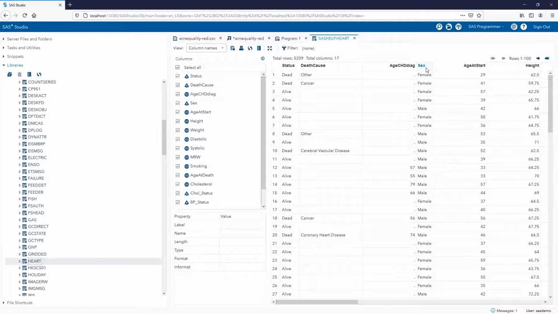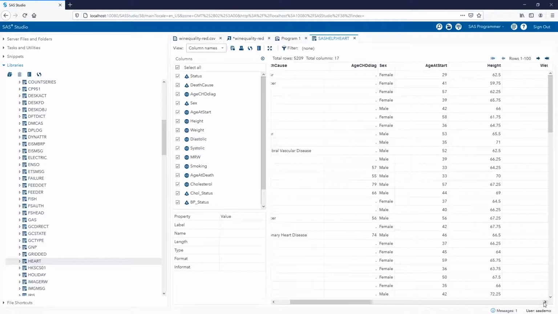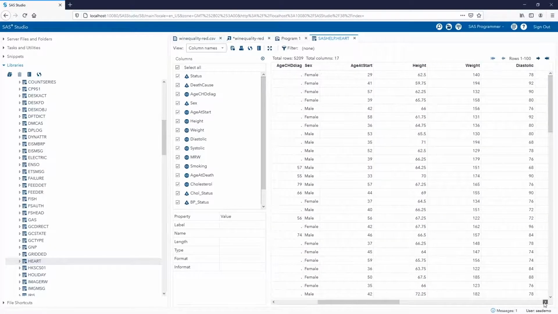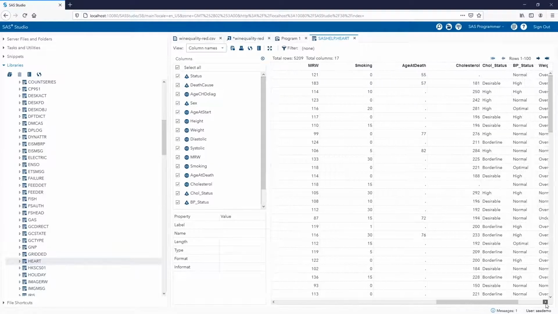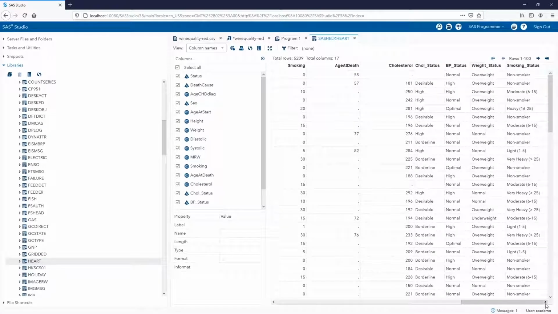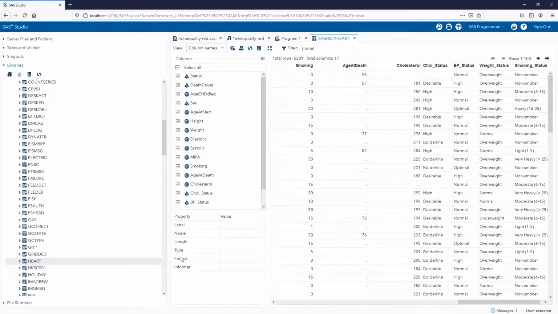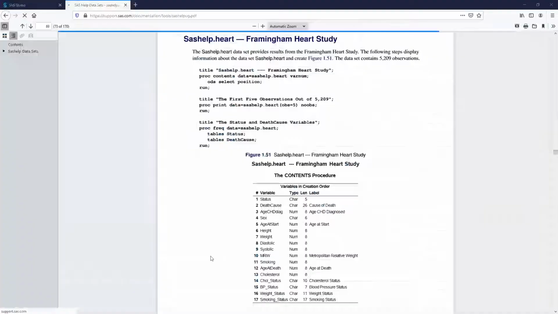The data shows gender, male or female, the age of the patient at the start of the study, patient height and weight, and then some other symptoms that might be related to the reason for their passing. So let's read up a little bit more about the data set before we continue, to understand the data a bit better.